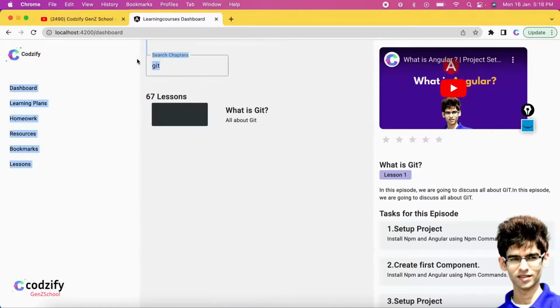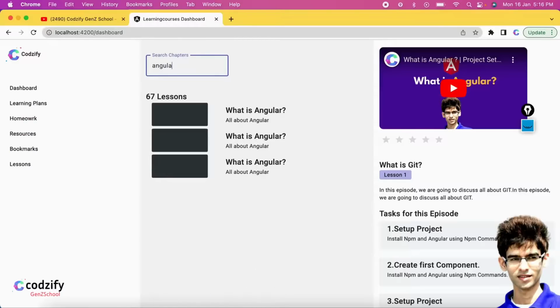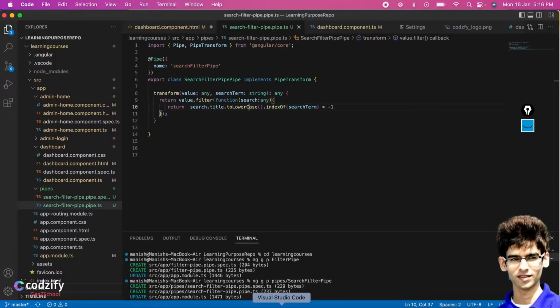So now it will accept the lowercase string as well. So this is how you can implement the pipes into your project.